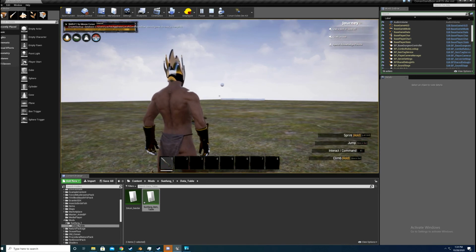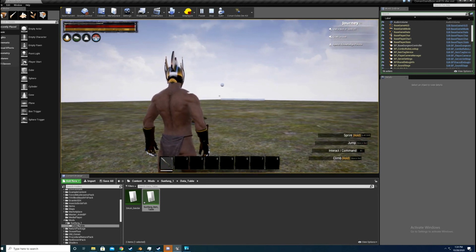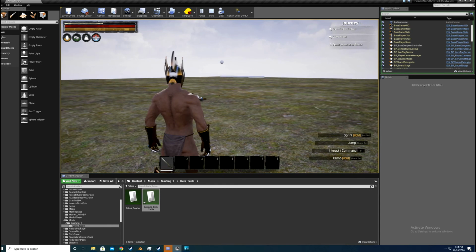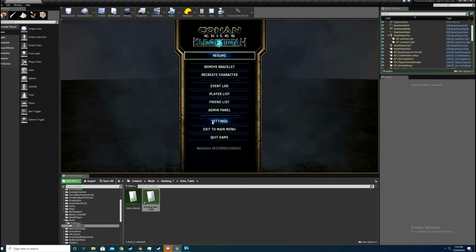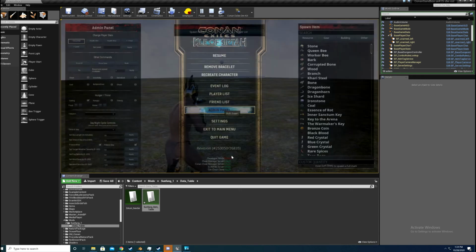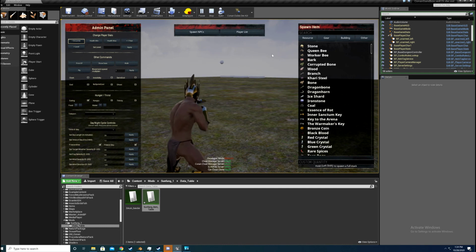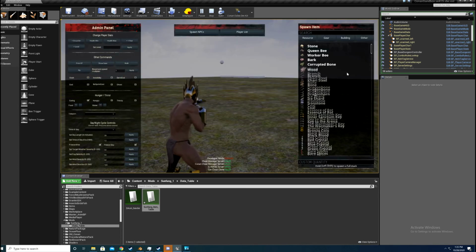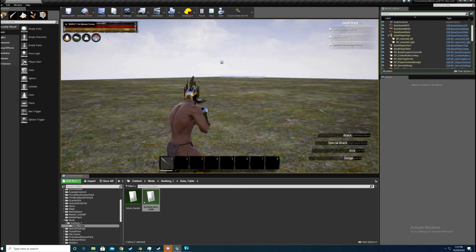So you go in here. If you're not an admin already, just some tips. Control M is technically escape. You'll have to go over to settings and make yourself admin. Shift insert is admin panel, so just keep that in mind when you're using the admin panel, because with shift insert, there's no way to exit out of this without hitting escape. You could go up to menu, but if you resume, you'll just go back to the menu. So you will have to shift insert to exit out of the